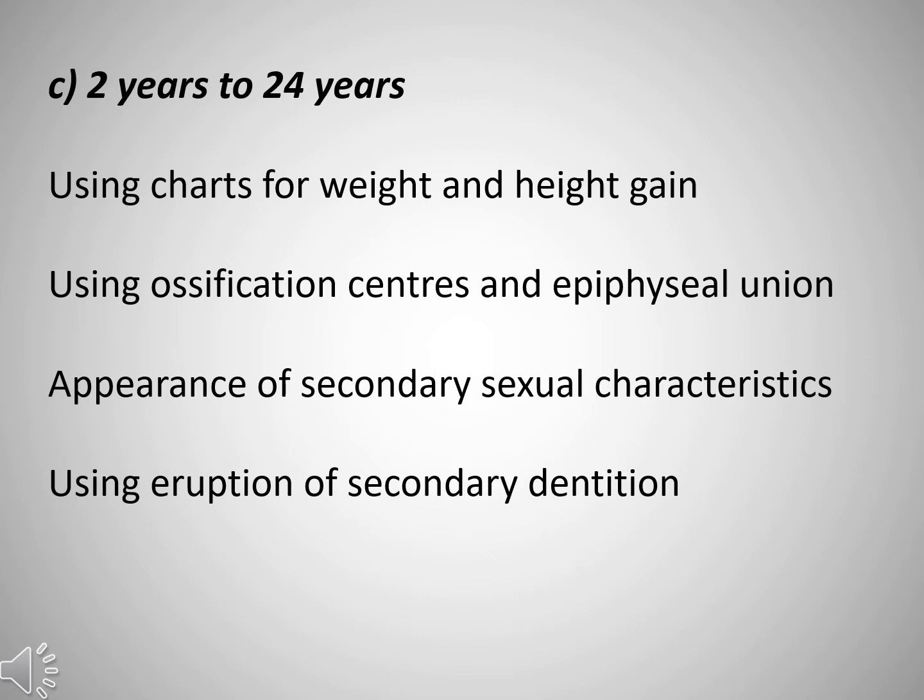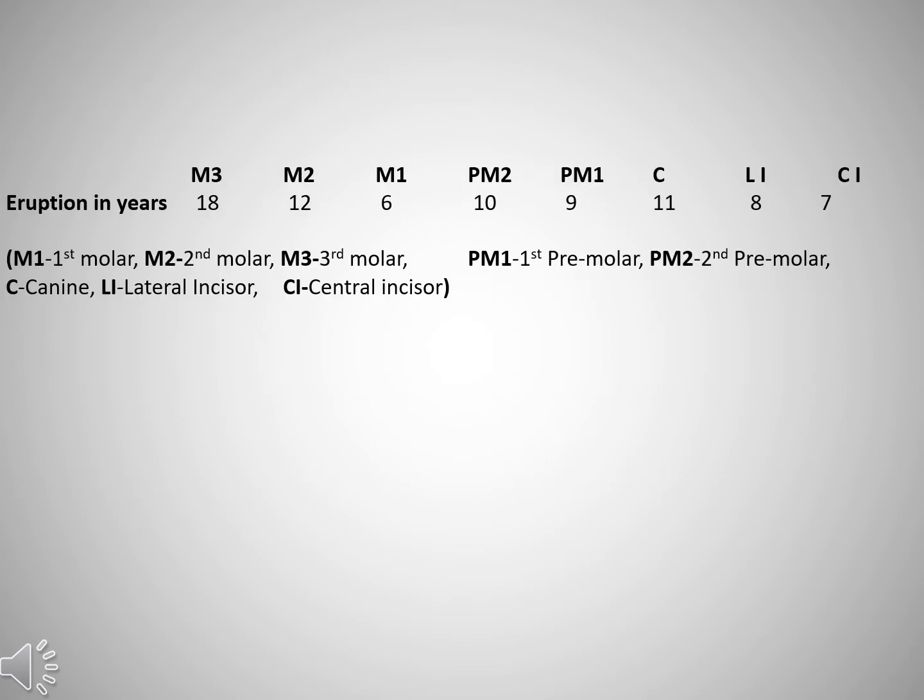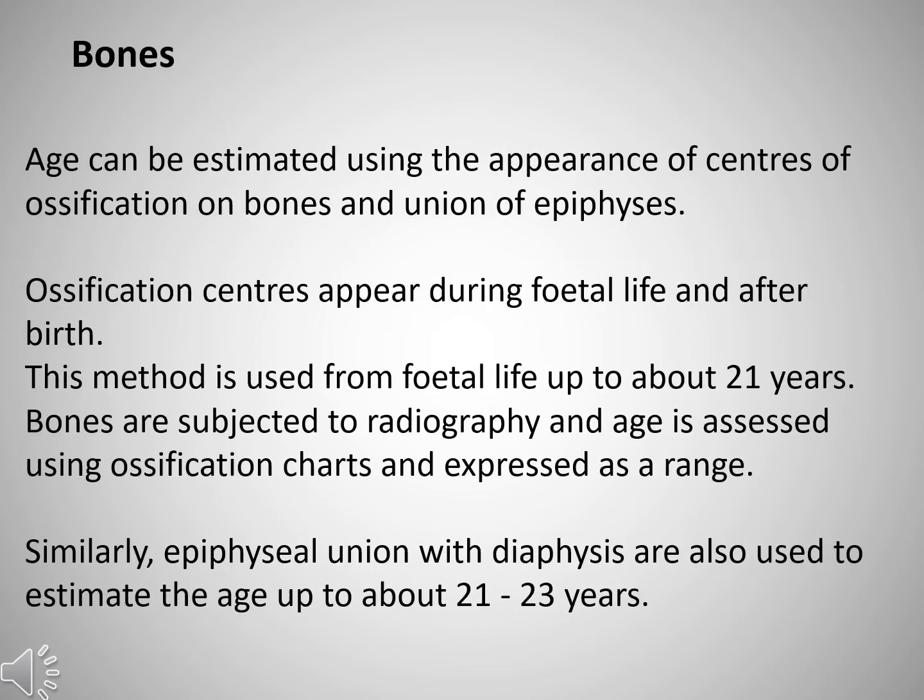Two years to 24 years, we can use the charts for weight and height gain and use the ossification centers and epiphyseal union, appearances of secondary sexual characteristics, and the eruption of the secondary dentitions. In this slide, we can see eruption of the dentitions with the age. When considering bones, the age can be estimated using the appearances of centers of ossification on bones